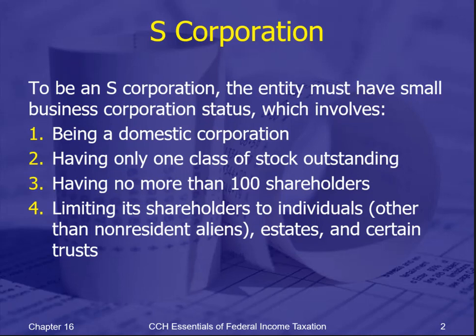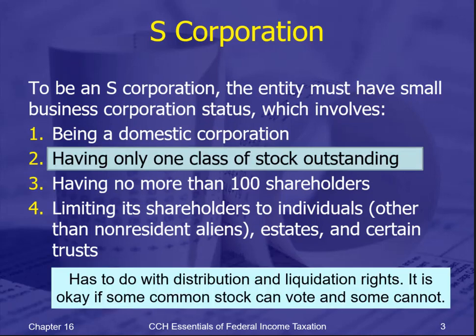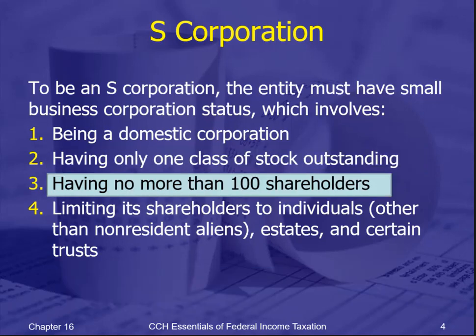To qualify as an S corporation, you have to reach all four of those areas. You can't have more than 100 shareholders, you can't have a corporation own stock in an S corporation. So it's limited as to who and how many, and there only can be one class of stock. You can have stock that votes and other stock that does not vote, and that will not create a second class of stock. Now, 100 shareholders is high already, but it's even higher because they really made this loose in